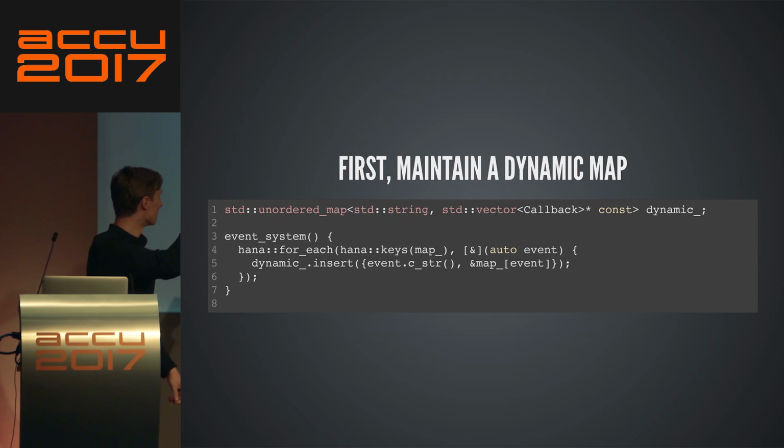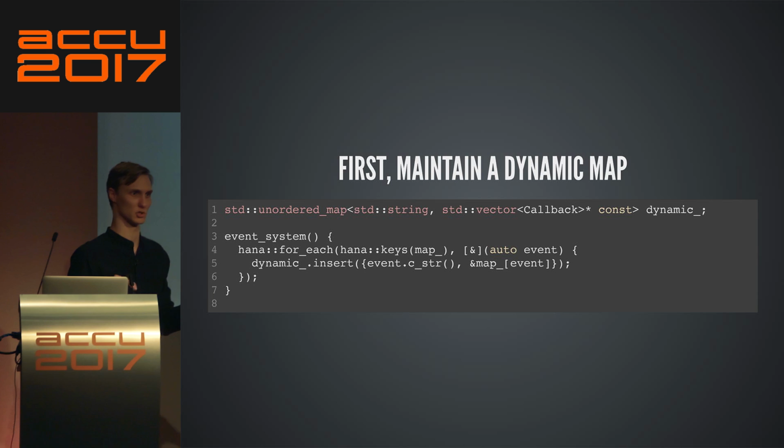So for each event, I insert an event with the right address, which lives inside my compile time map. That's my runtime map, that's my compile time map. And I just insert in my dynamic map the address of each vector of callbacks, in the right place.